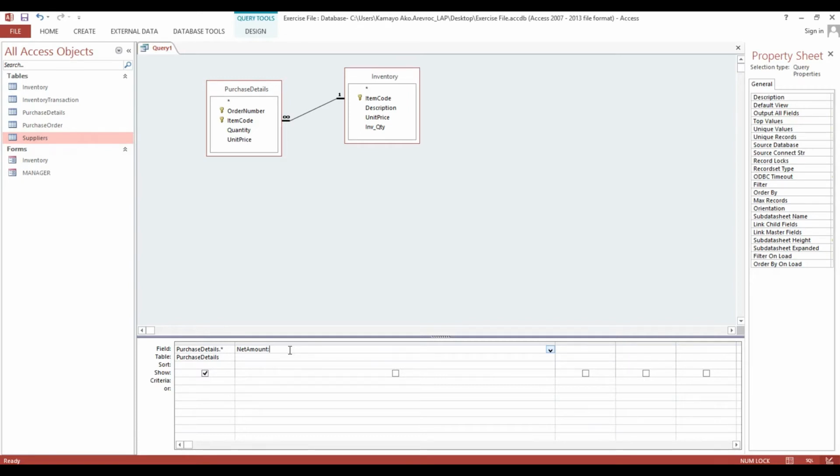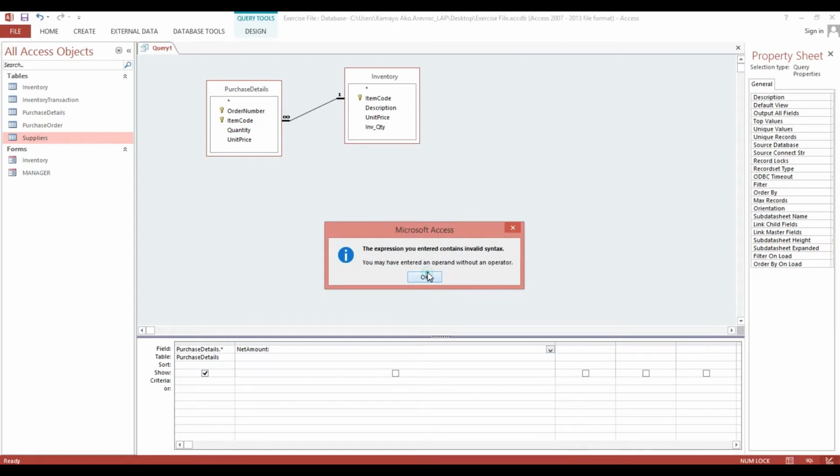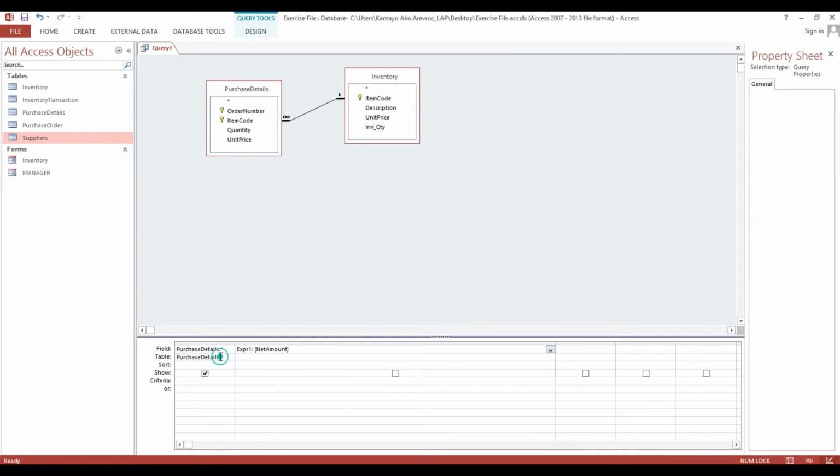I will put an open bracket, then our table, which is Purchase Order Details. So I will just copy this one to avoid any wrong spelling. Again, I will type Net Amount, then open bracket, then I will paste that one, Purchase Details, then close bracket. I will put a period because I need to put the field which is Unit Price,